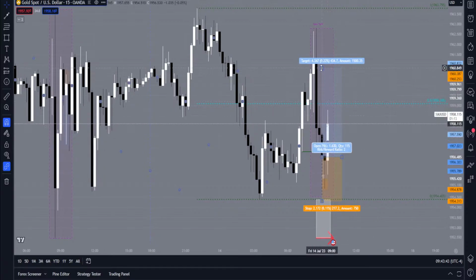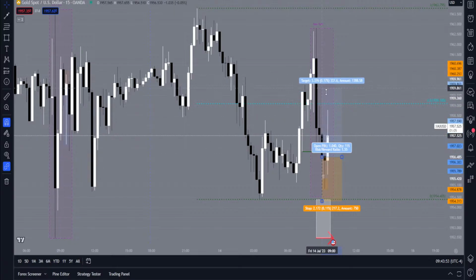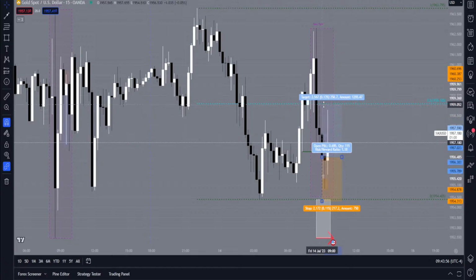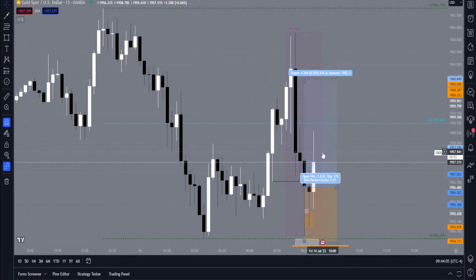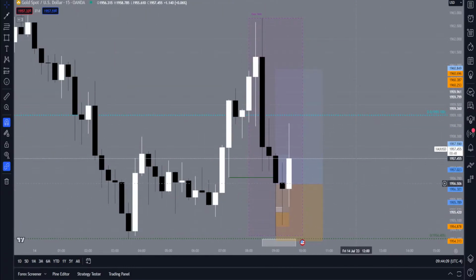It's almost there. It's also reached 1 hour by now, so if you wanted, you could move stop loss to break even here, because the rules say once price reaches 1 hour, we move stop loss to break even. And maybe that would be the play for you if you're too busy or you cannot wait this out. Moving stop loss to break even will give you a better chance, and you'll have less emotions on this.